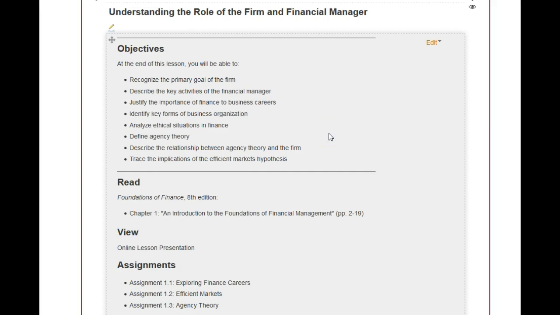And then the final one is the conflict of interest that is caused by the agency theory. And the agency theory, we're also going to have an assignment on it. So those 5 base pillars of finance are what the course will introduce to you. So keep those in mind. That goes from page 4 to page 7. If you take further or more advanced finance courses, you're going to need to know those things. So file those away in an important area so that you can bring those up as needed.